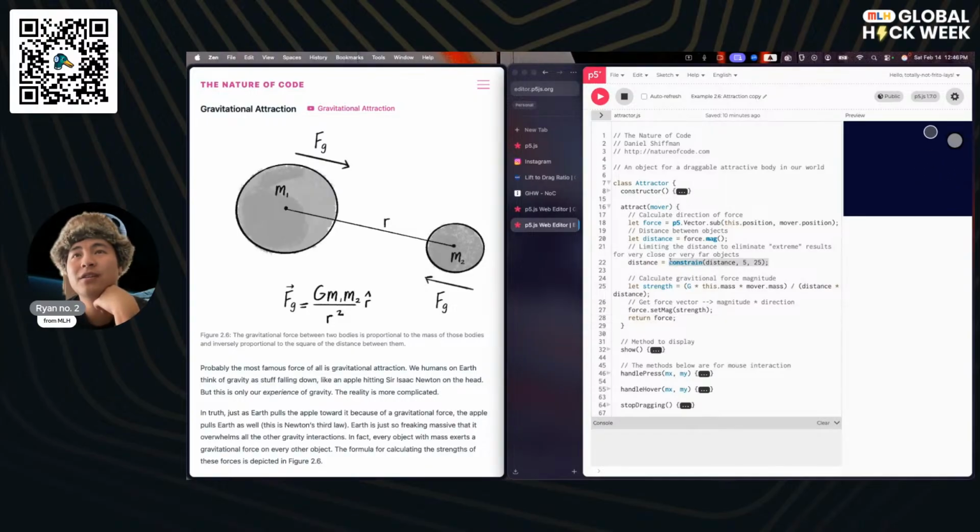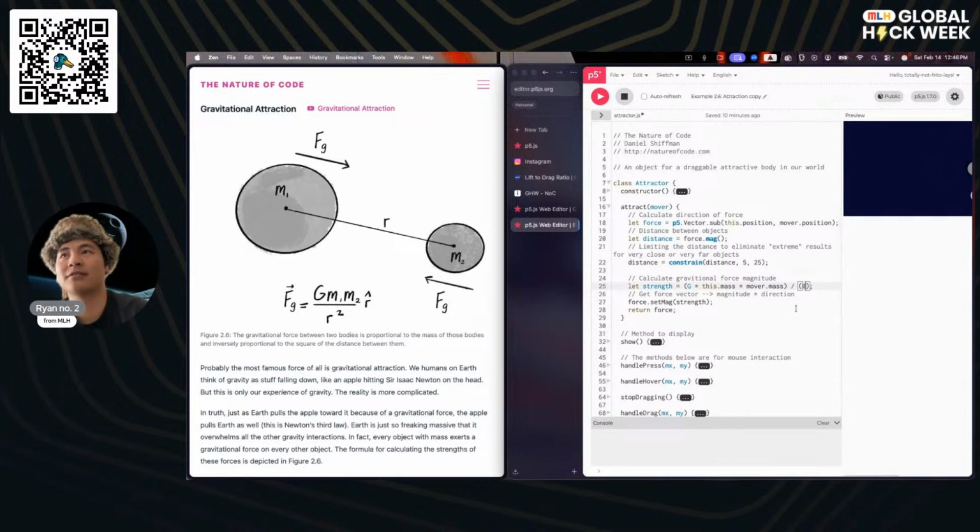So constrain is just going to make sure that our distance sits between 5 and 25, so that we avoid accidentally dividing by zero and causing a problem. I guess if we want to, we can very quickly divide this by zero and just see what happens.